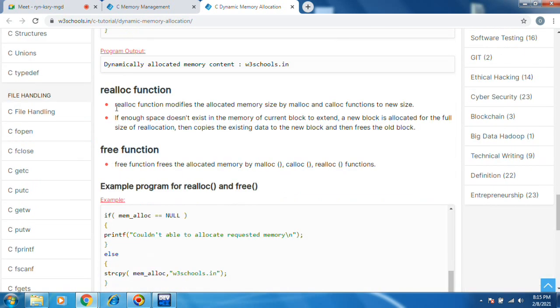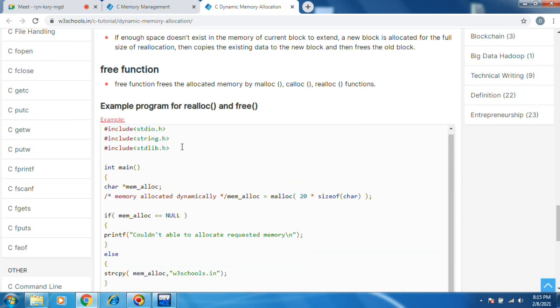And then realloc. The realloc function resizes the memory allocated by malloc and calloc. Again, if you want to reallocate more memory, you can use realloc.